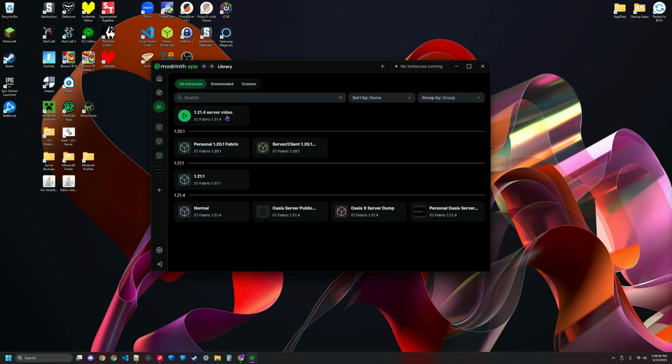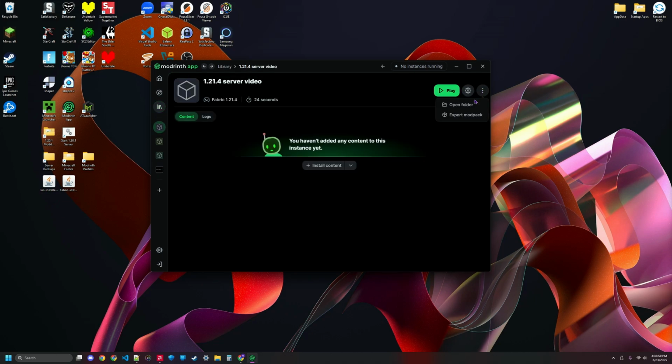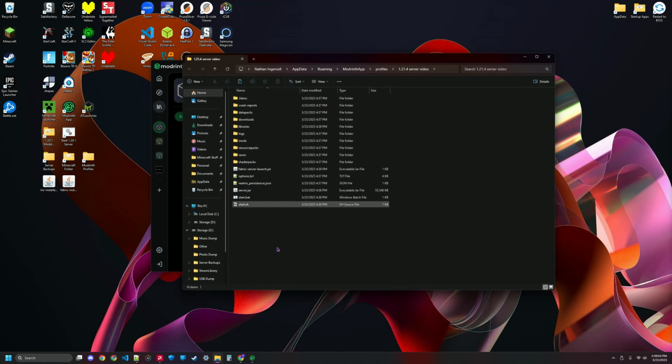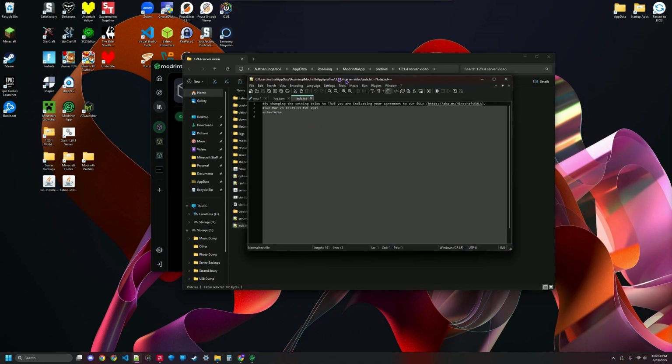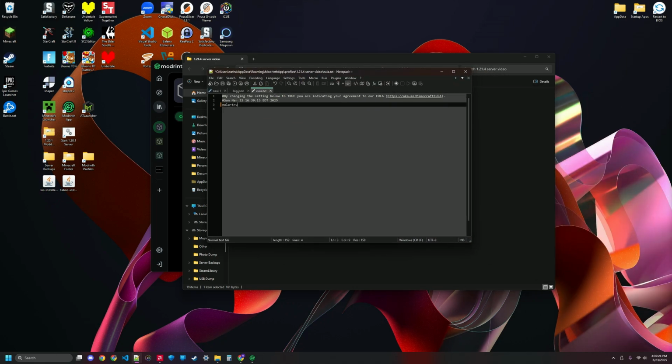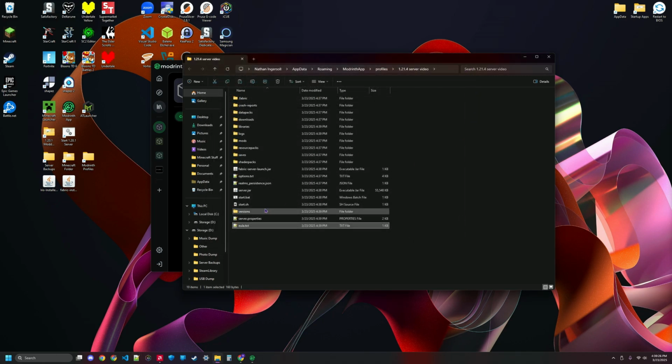Next thing you're going to want to do is click here, open the folder, and you should see all this stuff here. Now what you're going to want to do is click this server.jar. This should be pretty obvious what we're about to do if you've run a server before. But what you're going to want to do is click this EULA, and then change this false to true, save it, and then you can click this start.bat if you're on Windows, start.sh if you're on Linux,